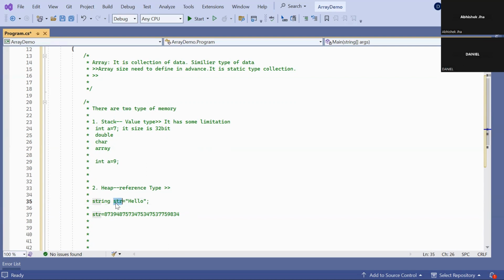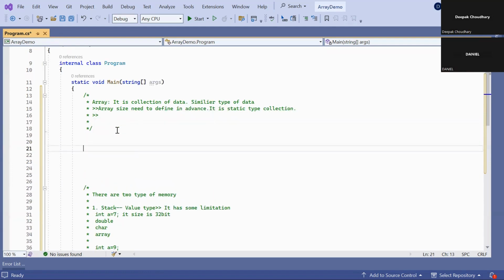It's a reference type, we are referring to something. Three or four steps need to be performed there, then you get the exact value. But in stack memory, with value type data, you directly have that value. There is no need to go anywhere. When calculating the sum of two numbers, this process is much faster than the reference type process.